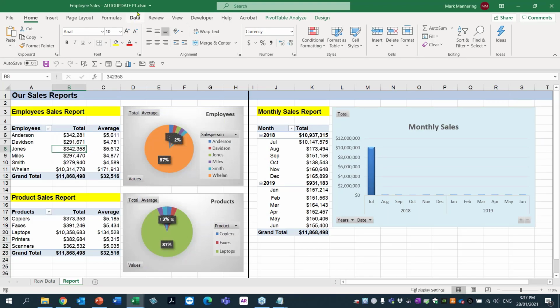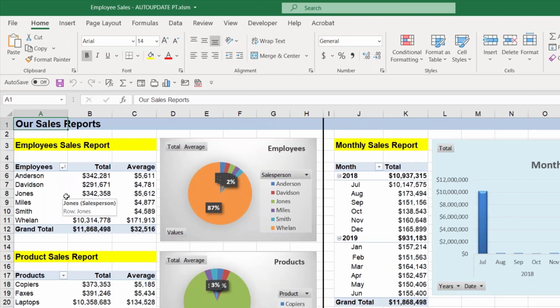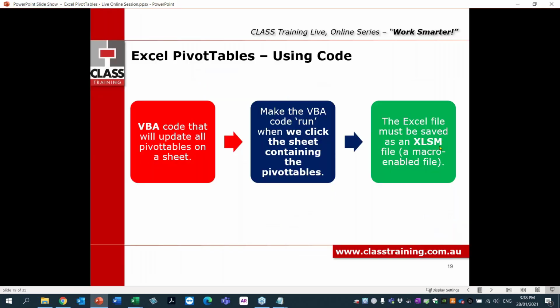This is actually saved as an Excel macro-enabled file. So if it's not, you'll get prompted to say you must save this now as an Excel macro file, because that's basically what this code is. It's macro code, all right? And that's what I've got there, XLSM. If you don't, you'll get reminded and it'll say it'll destroy the code, it won't work. So just make a little mental note at least. So you'll be prompted, by the way, when you save it back, if it's not already an XLSM file. Anyway,